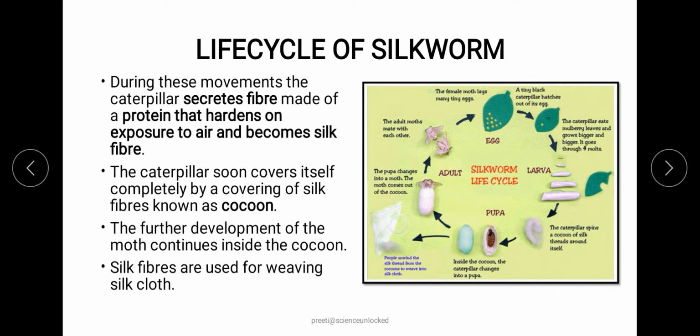If in case we do not obtain the silk from this pupa structure, then this pupa will develop itself, and the caterpillar or the larva will develop inside this pupa or the cocoon, and once it is fully matured, it will hatch and turn into the adult moth, which will again breed and lay the eggs on the mulberry leaves. So this is how the cycle continues.